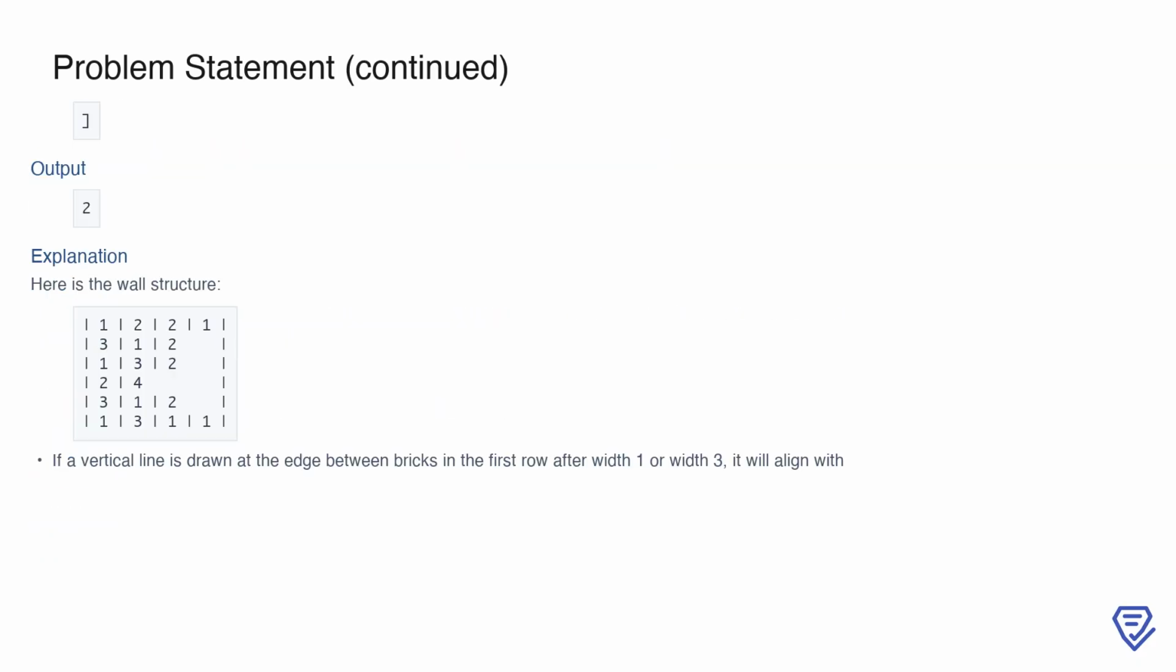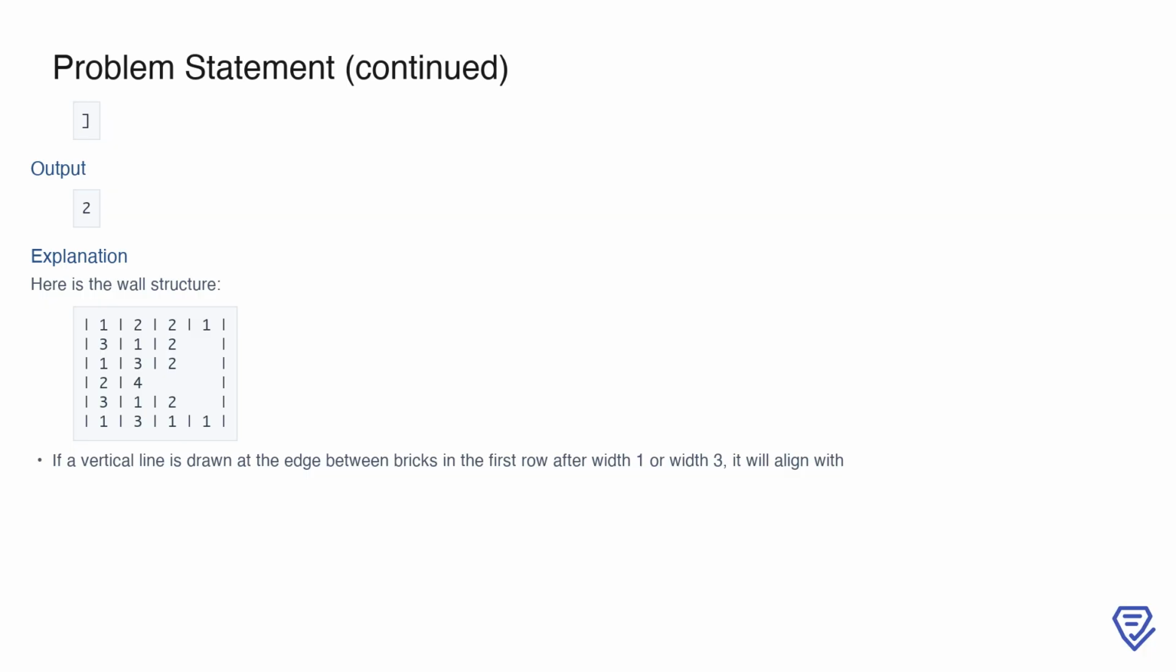For example, consider the input wall composed of 6 rows, where each row specifies the widths of the bricks. Drawing the wall visually, you can see how the bricks are arranged. Now, if we place a vertical line at certain positions, such as after the first brick of width 1 or after the second brick of width 3 in the first row, the line might align with brick edges in other rows. This alignment ensures that fewer bricks are crossed by the line. In this specific example, the optimal position for the vertical line results in crossing only 2 bricks, which is the